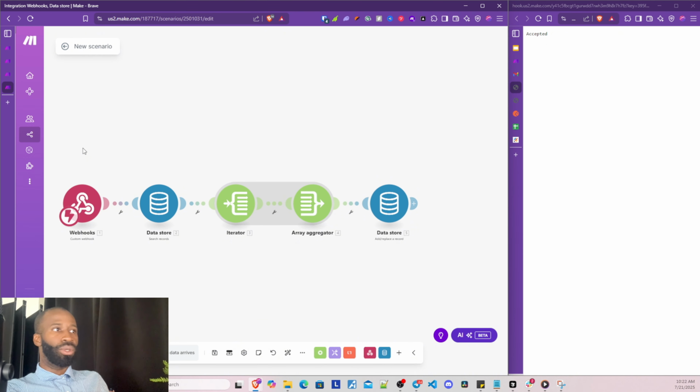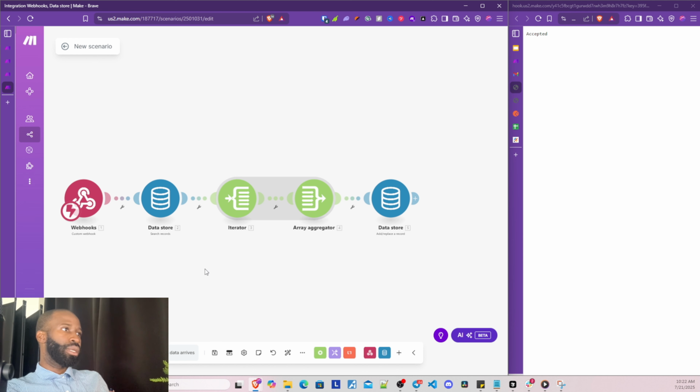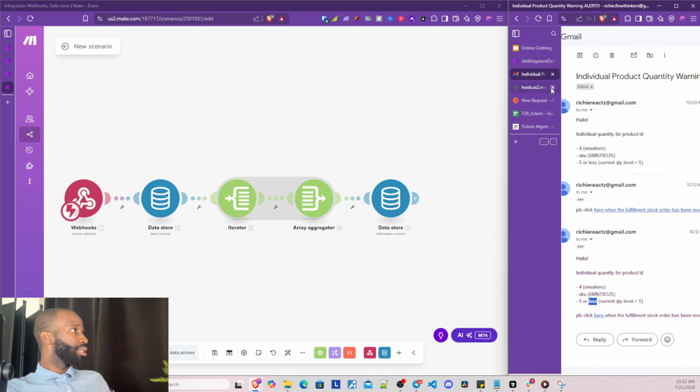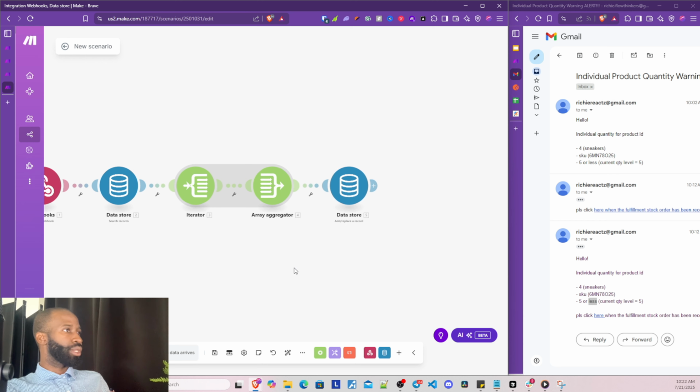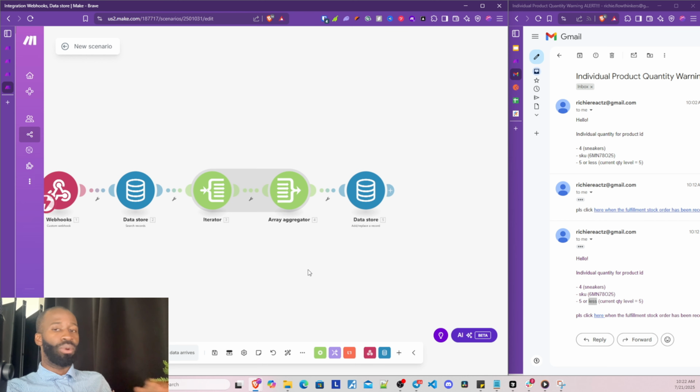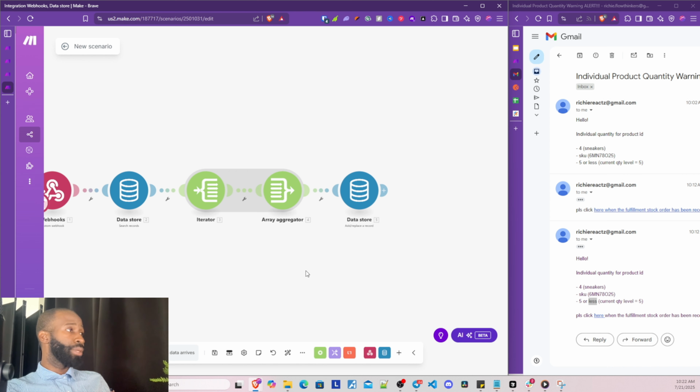I can see that. And you don't need to try to adjust or modify or manually change your data products. That is one amazing thing about this webhook. And there are a bunch of other powerful things this webhook can do, which I'll show you in other videos. But for now, we will just leave it at this, since that doesn't cover the scope of this video. So after the data store, okay,